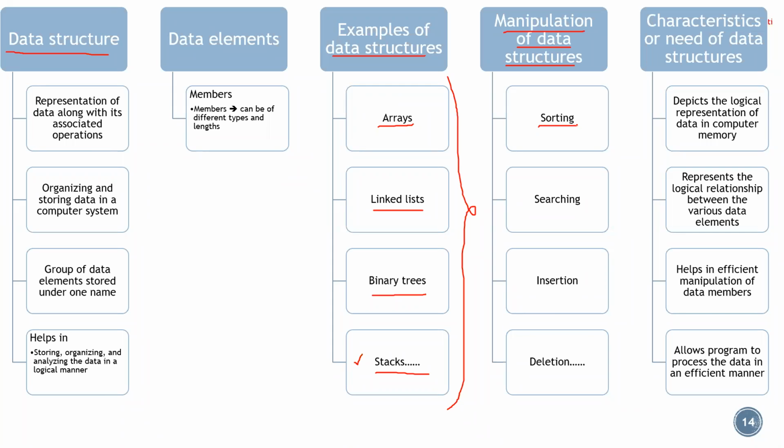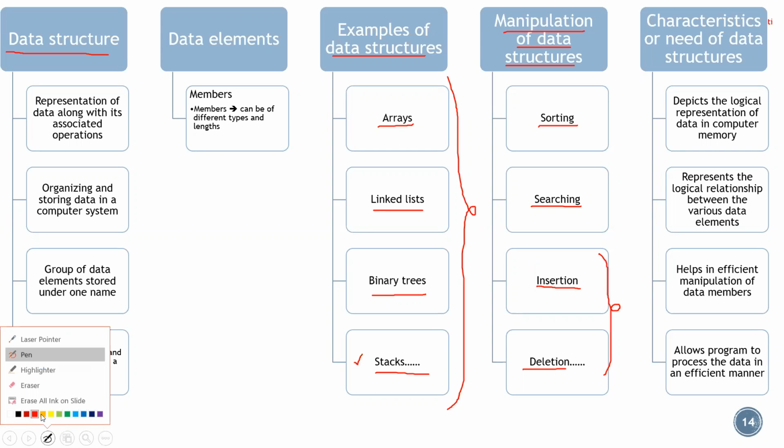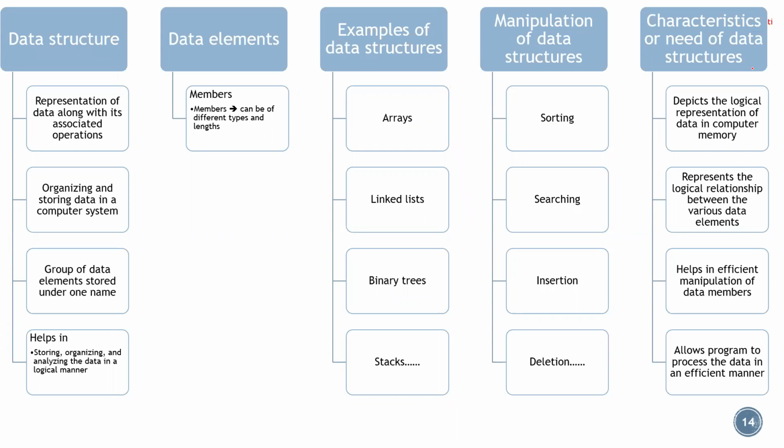So we can sort the data, say ascending to descending or descending to ascending or any order you specify. Next, if you want to search any element in the data structure, you can do that. If you want to insert any element into the data structure, you can do that. And deletion also you can perform, but this is again dependent on a few conditions. We will be looking at that in the coming sessions. So now, what are the characteristics that we need for the data structures?